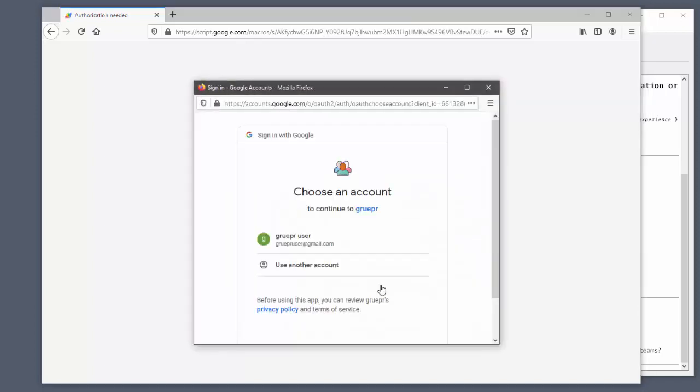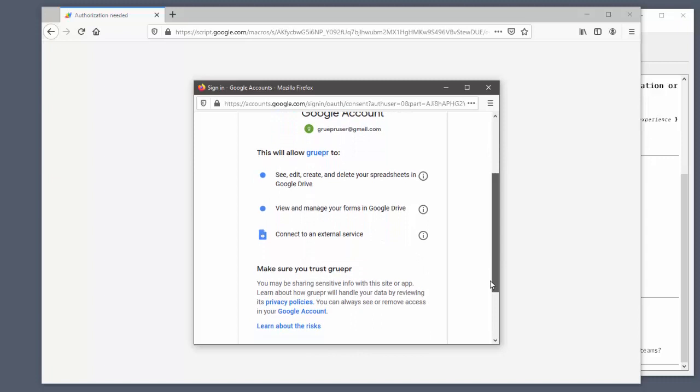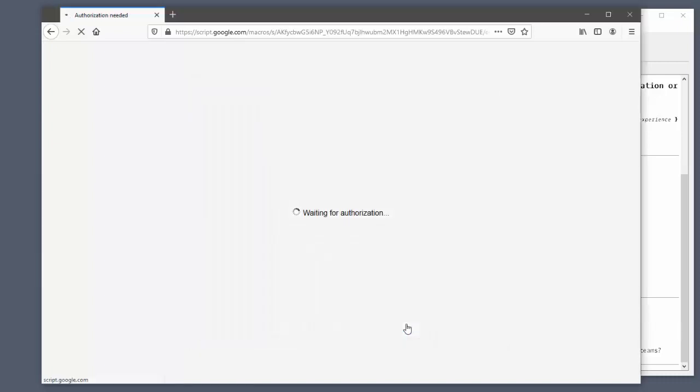And this is done just so that you can use gruepr to create the form in your Google Drive and also create a spreadsheet file to store all of the responses. So we will allow gruepr permission for that. And now this will take about 10 to 20 seconds as the form and the spreadsheet file get created in